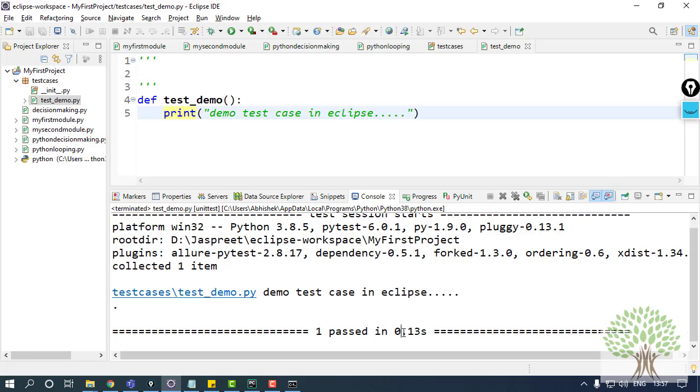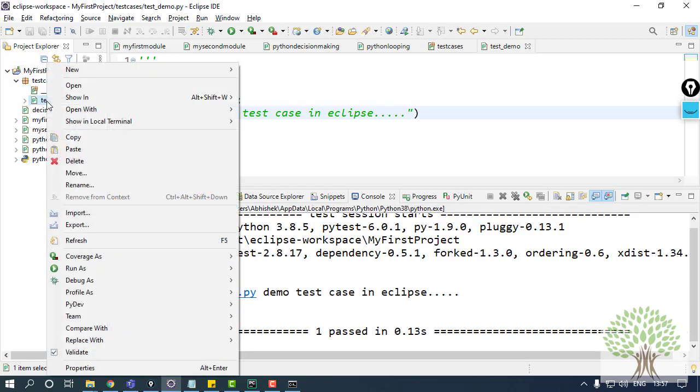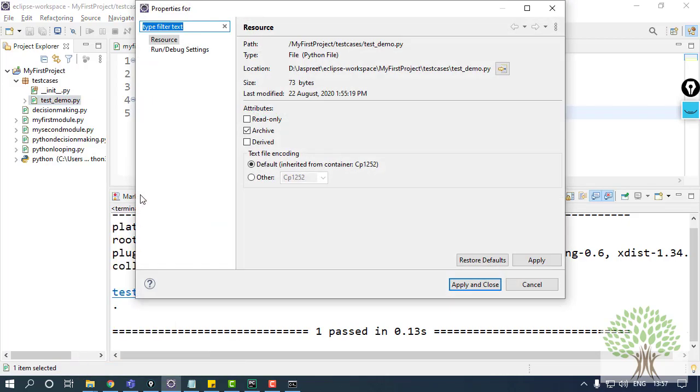And if you have written the test cases either in PyCharm or in Eclipse, you can run both of them from the command prompt. You just need to be at the location where your test cases are lying. Now to figure out where your test cases are lying in Eclipse, just right click over the test case name and go to the Properties option, that's at the last, and this kind of window is going to open up.